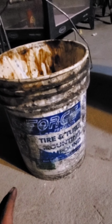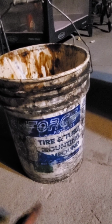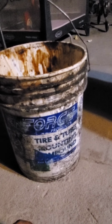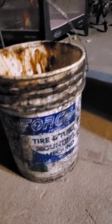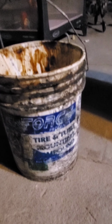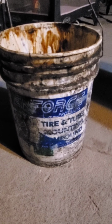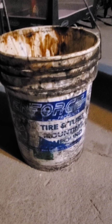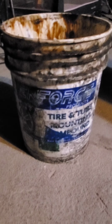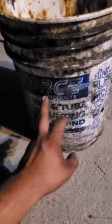Alright, I'm going to continue this by showing you guys my bucket of tire soap. I don't like to use Dawn, dish soap, laundry soap. I've seen so many guys use so many other things, and I've tried them all once, don't get me wrong. But dish soap and all that dries up and gets real sticky real fast. I've seen somebody use oil, and 5 minutes later they had a broken forearm because the tire popped off the bead. So I like using just the real stuff, you know, tire